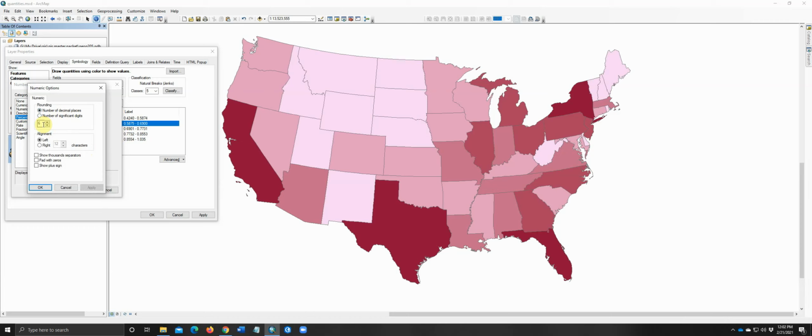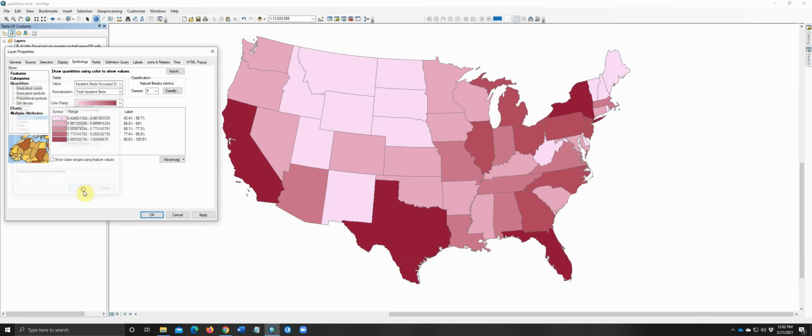We don't care about the 10,000ths of a percentage point in terms of beds. We're just going to drop this down to 1. So these look like real numbers. Okay, let's hit OK. And you can see that looks more meaningful. And it also brings up an alarming